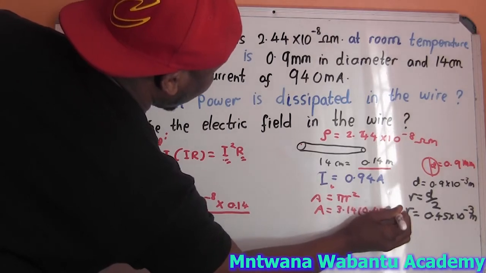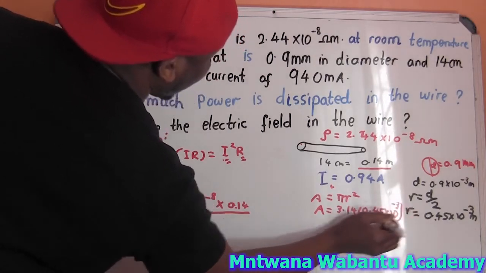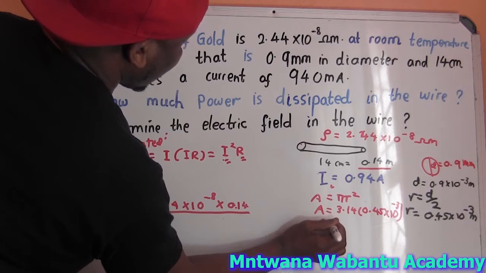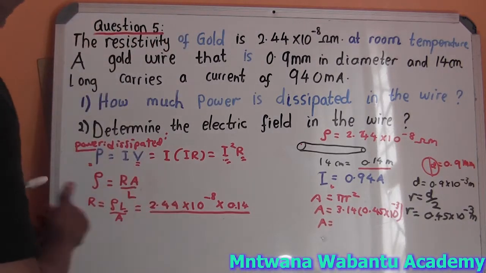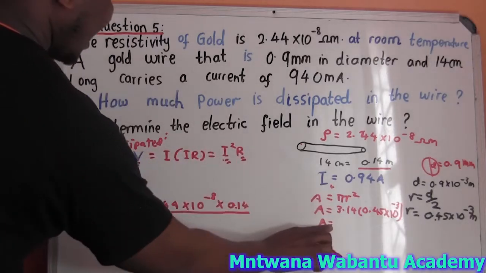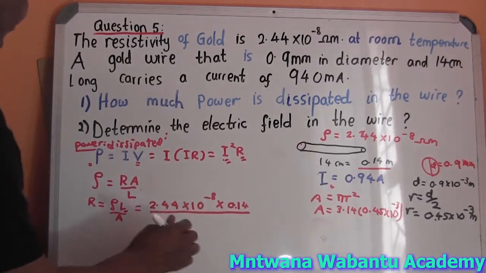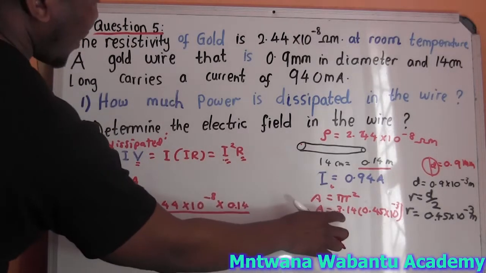0.45 times 10 power negative 3. So our cross-section area is equal to, you can plug it in the calculator and you're going to get something. But for now, let me show you how it is here. This is the whole cross-section area. So the cross-section area is pi r squared, which is equal to